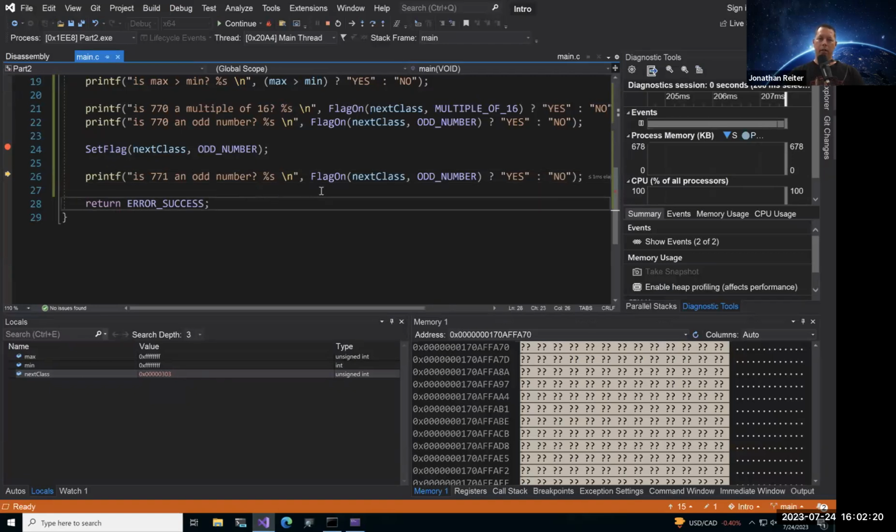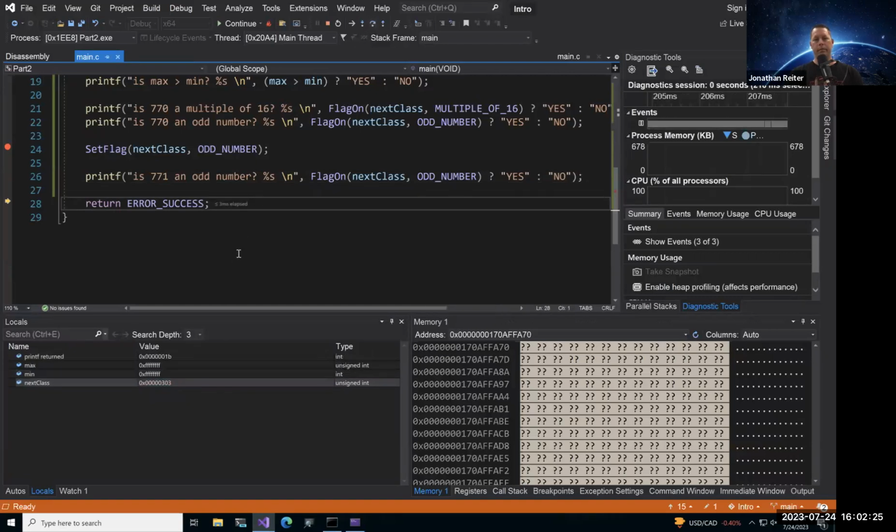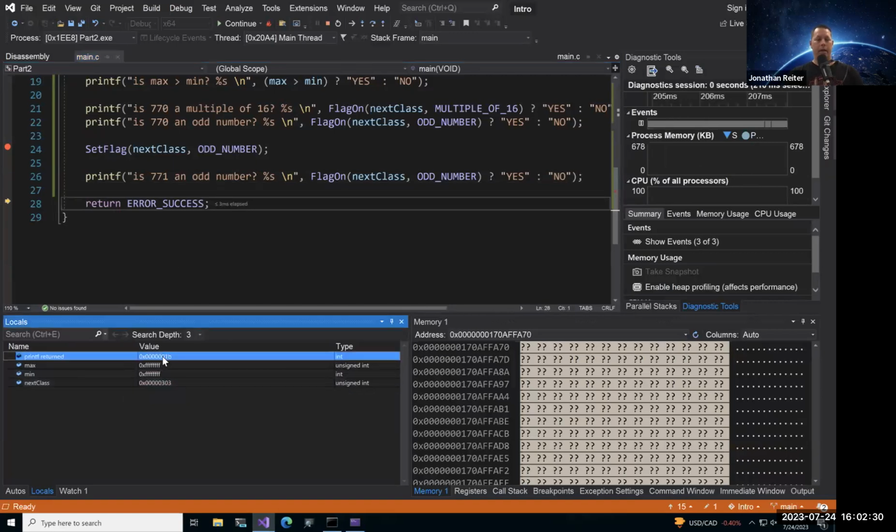We'll go ahead and step over the printf statement. Okay, so there you go. And something interesting popped up. Well, it didn't really pop up like a message box, but in any case, inside your locals window, you'll see that it says printf returned. Yeah, printf returns values. It returns the number of, I believe, bytes that are actually printed out and sent to standard out. So this one is the value hex 1B. Some random knowledge there for you.